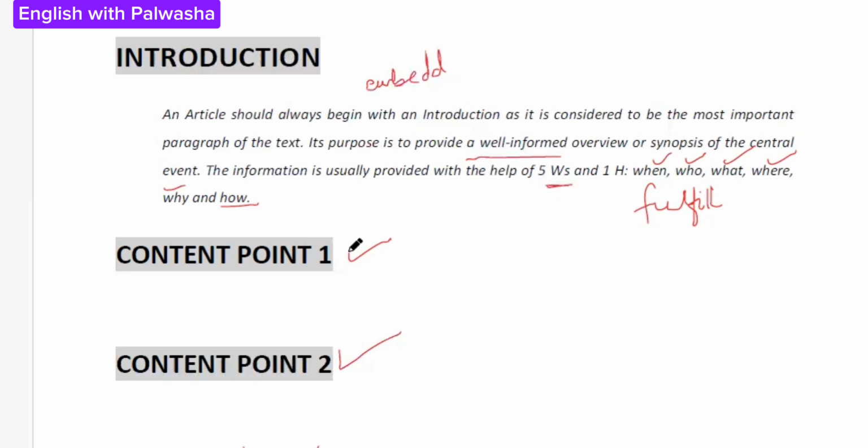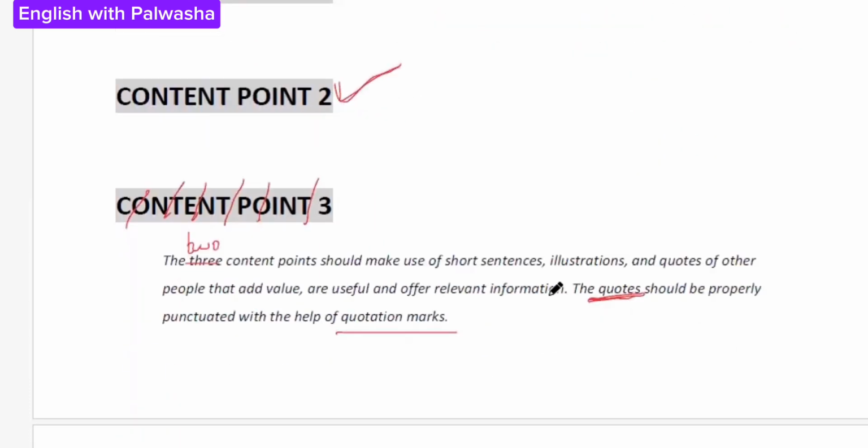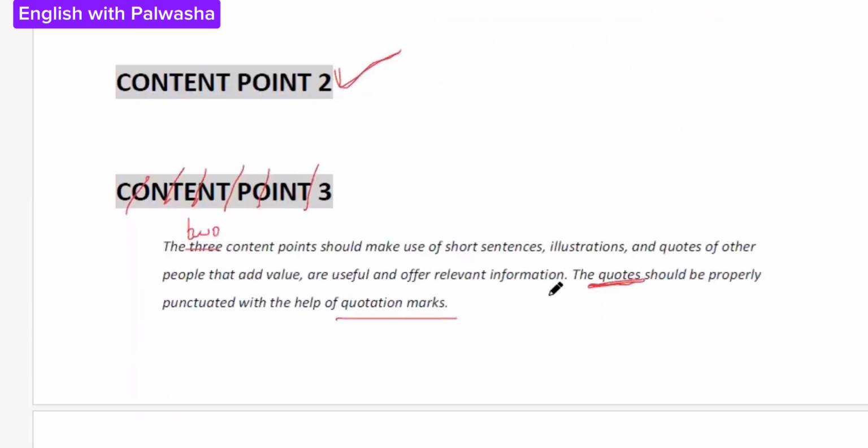All right, now in this pattern, we have to follow the 2 content points. The 2 content points should make use of short sentences, illustrations, and quotes of other people that add value, are useful, and offer relevant information. Something which is very important is that you have to add relevant information. No irrelevant thing is required to write. You have to extract it from the text. The exact information you are going to extract